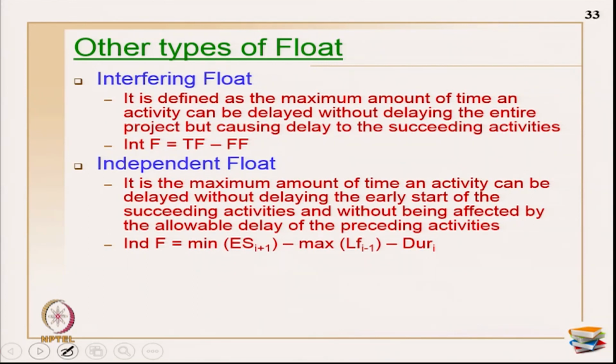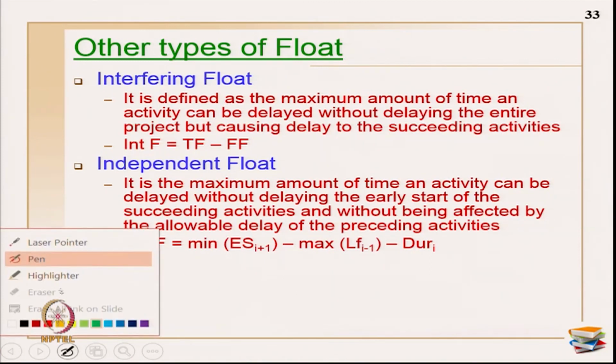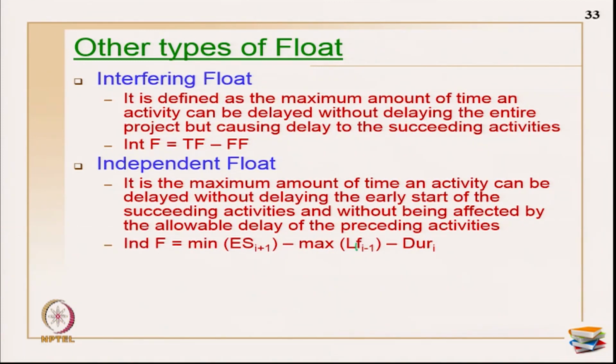Okay. So, as the explanation goes, the formula is: minimum of all the early starts of successor activities minus maximum of the late finish of all my preceding activities. Okay, there is a mistake here, this should be LF, capital F. Of all my preceding activities' LFs, and when I have all my successor activities' early starts. So, minimum of early starts of successors minus maximum of late finish of predecessors minus duration of the current activity will give